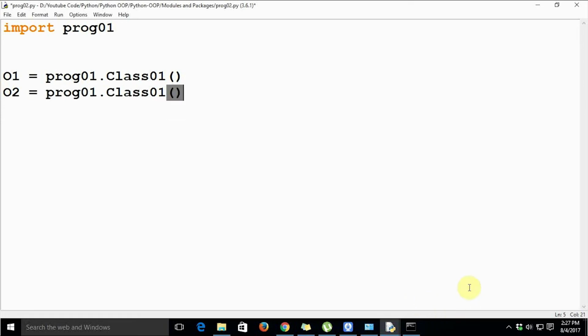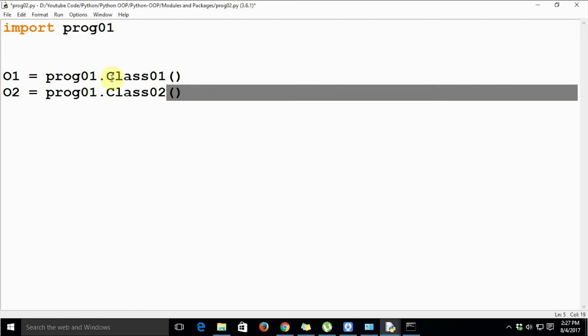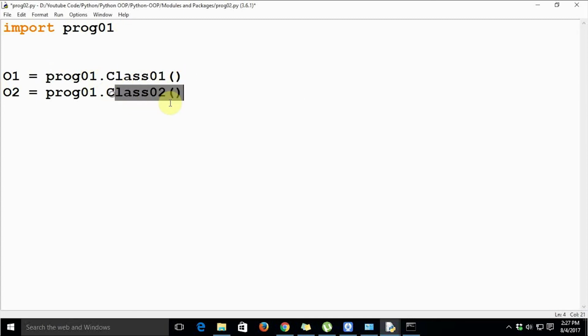You must have observed the difference between how I am creating the objects in prog01 and how I am creating the objects of the same class in prog02. I have to prefix the class name with the module name, because class 01 and class 02 belong to the module prog01. That's why I have to prefix the names of these classes with prog01 dot.